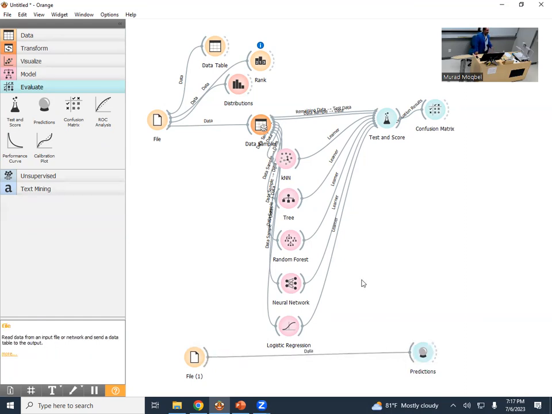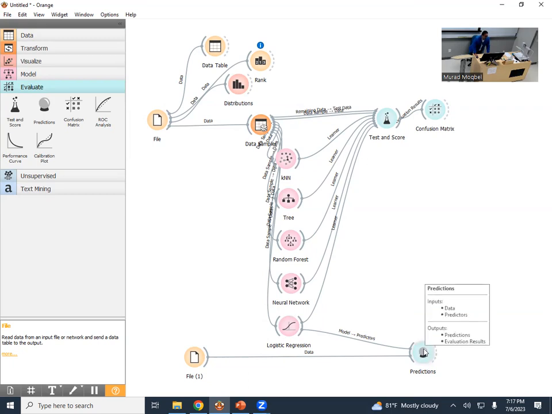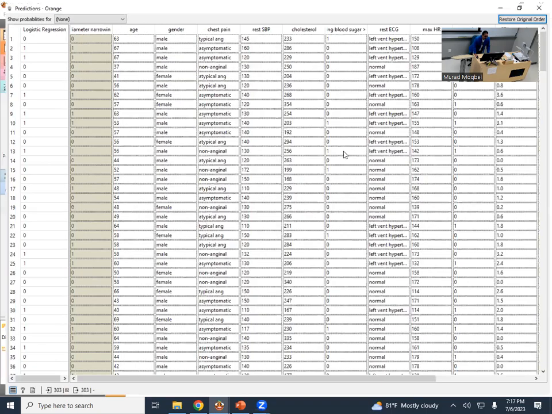And now who can remind us which algorithm was our favorite or most performing model? The logistic. So now all I need to do is drag my logistic into the prediction. That's all I need to do: drag and connect my logistic regression algorithm, which is the one that I already trained, and connect it to prediction. Now I can double click on prediction to see